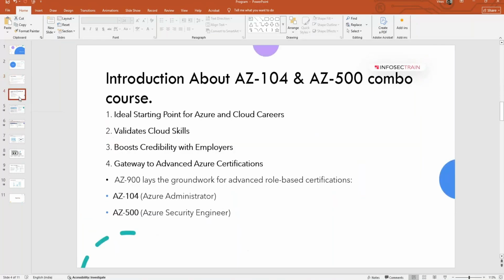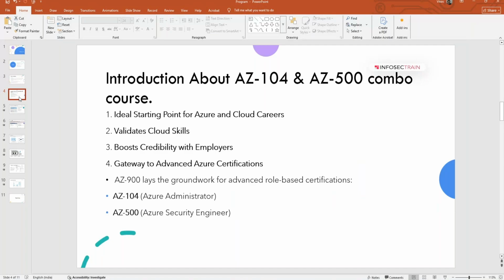Now, this will be my 10th or 12th batch for this AZ-104 and 500 combo course. If you are familiar with Microsoft, AZ-900 is your fundamental, AZ-104 is your administrator track, and AZ-500 is your security track.